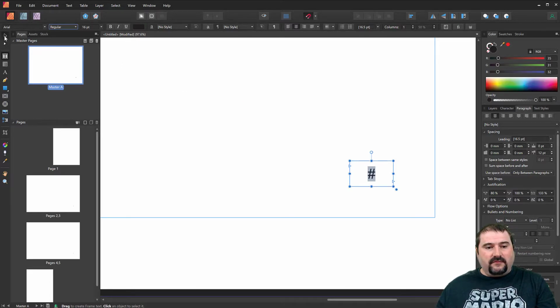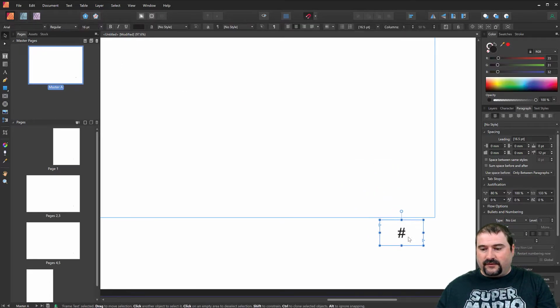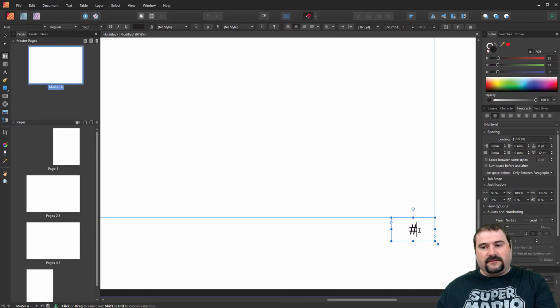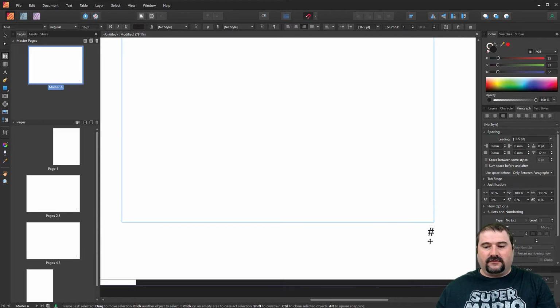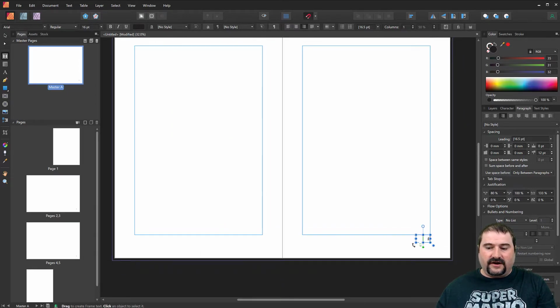So now I'm happy with the look of this thing. I'm just going to put it at the bottom here outside of the text frame like so. And just as an example, I made it aligned to the middle center, but if you want it to be on the right corner, then I can just click right align. So my page number is always going to be aligned onto the right side, right at the edge of the text, sort of aligned with the text on the right side.